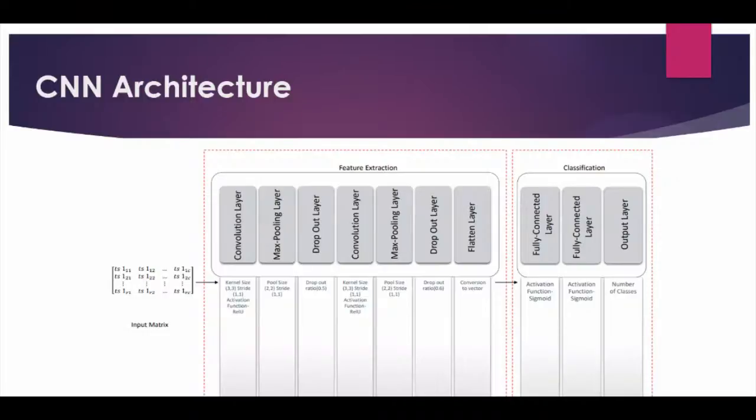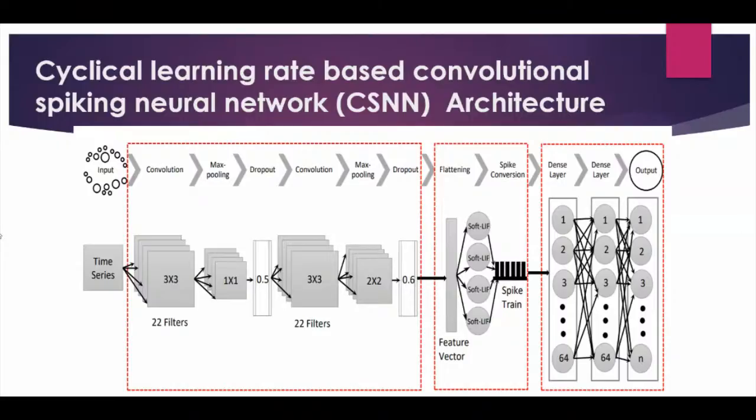Feature extraction, learning, feature extraction, learning, you are doing it continuously, so you are getting better results. Okay, the max pooling layer, dropout layer, so we can drop out some of the neurons also, so that overfitting is not possible in that case. And then the fully connected network. Then we apply it on spikes, or a spike train generates from one neuron to another neuron, and then processing happens in our human brain.